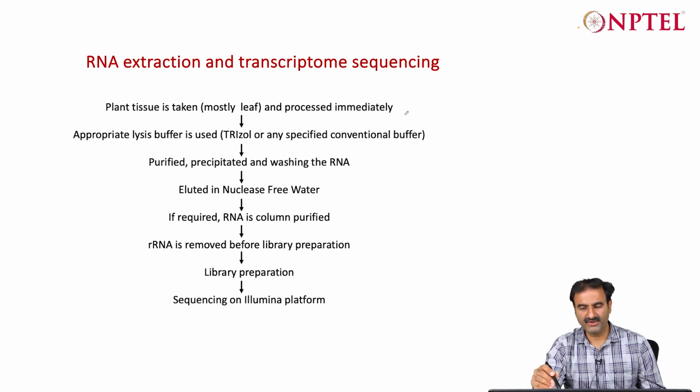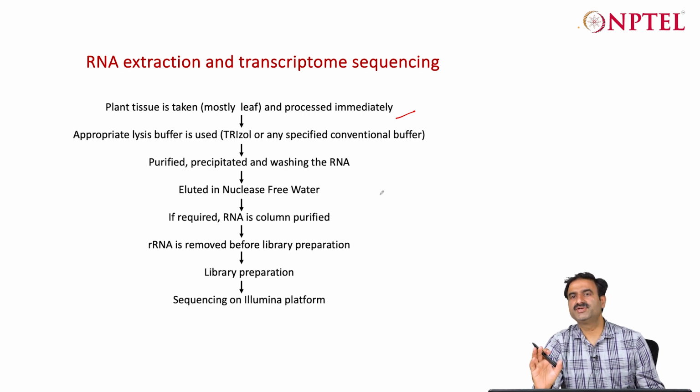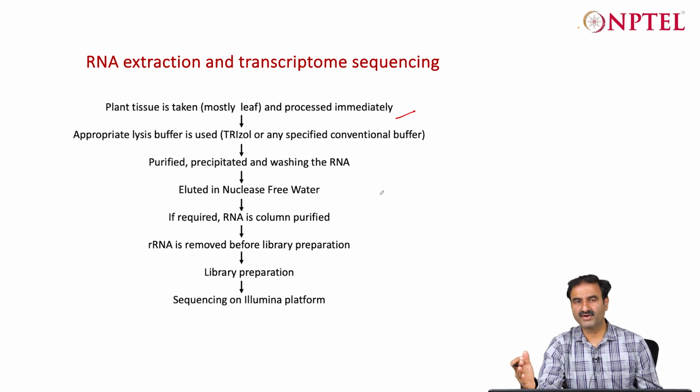Okay, so basically plant tissue is taken in immediately. I think these steps are similar to the previous slide. The idea is that in case of RNA, the tissue should be processed immediately, otherwise you will end up losing a large part of the transcripts and you will get degraded transcripts, and that will not be appropriate for long read sequencing, and even for short read, you will not be able to reconstruct the transcripts from